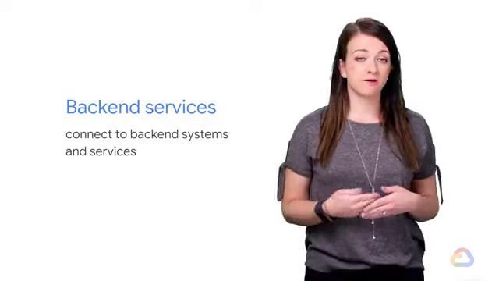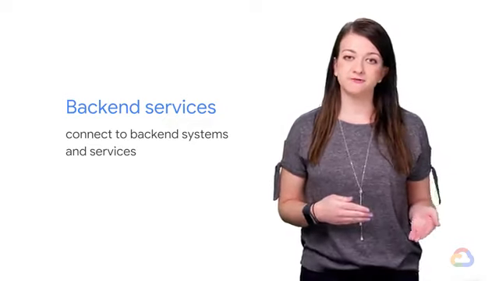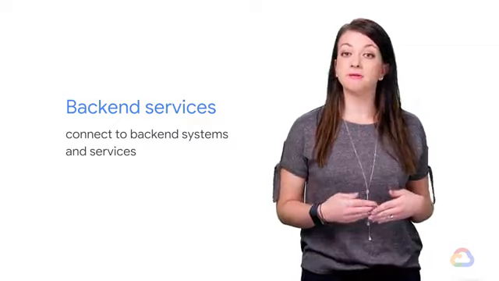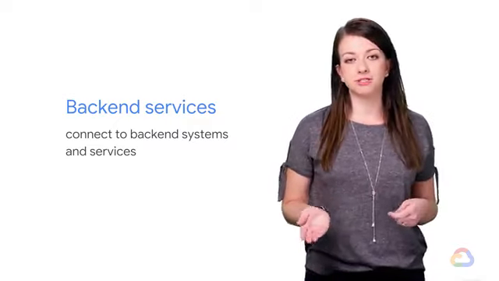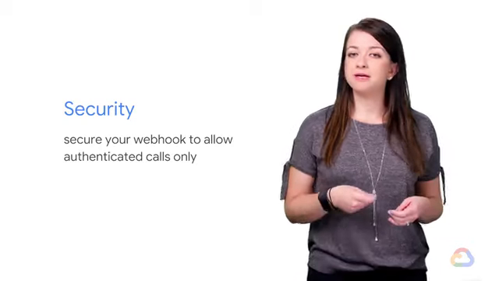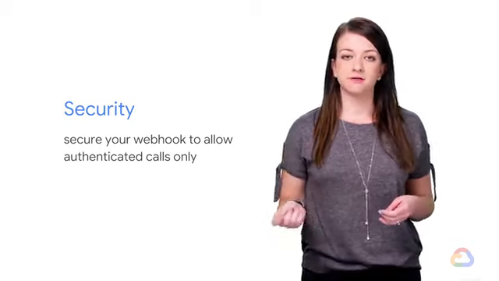Sometimes all you need is a conversation interface to surface answers from the existing backend systems and capabilities. And so we'll look at deploying your backend code as a webhook on App Engine. Next, we will be looking at how to customize your agent's UI so that you can have your own branding. This is where we deploy a custom front-end on App Engine. We also want to secure our webhooks so it only makes authenticated calls to the backend services.